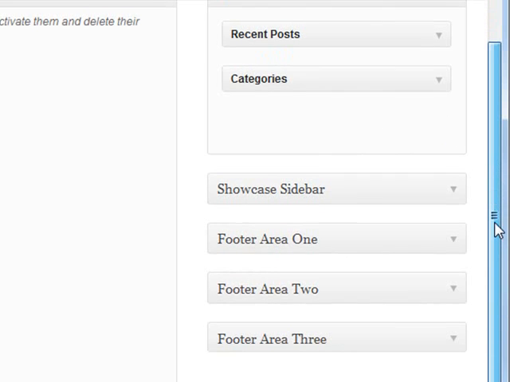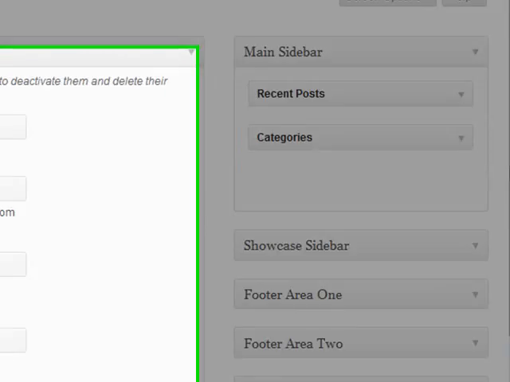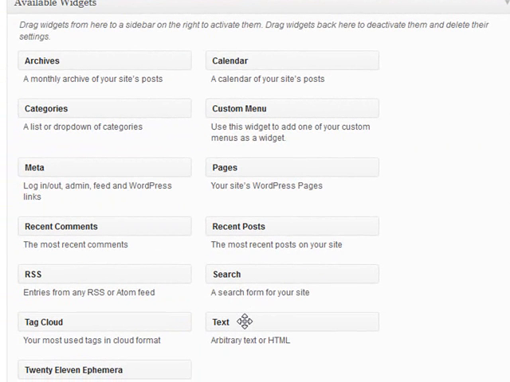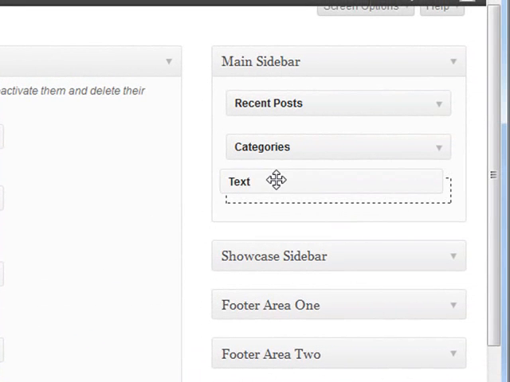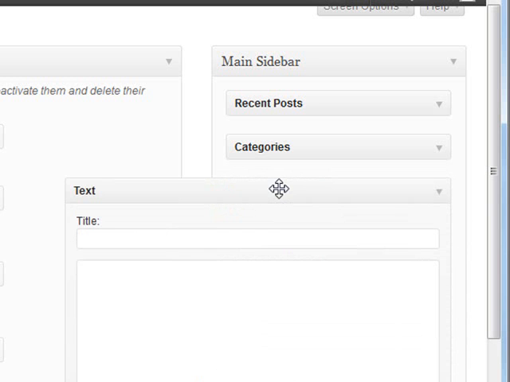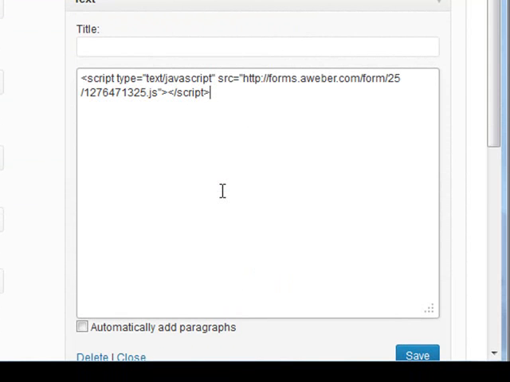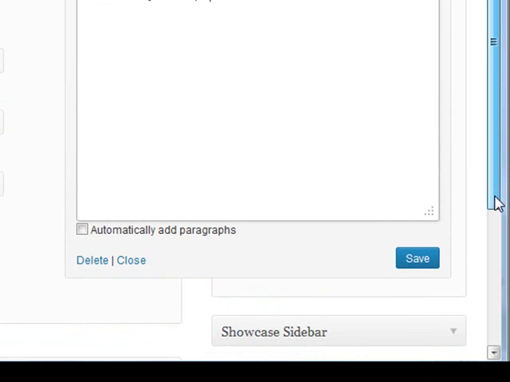So if I move down a little bit, I can see here on the left hand side, text. So just hold down your mouse button on text and then drag it to the main sidebar, and then just drop it in there, let go of the mouse button. You don't need to put anything in title, but in this box you can just paste in that bit of code from Aweber, and that's it. And all you need to do now is click the save button,